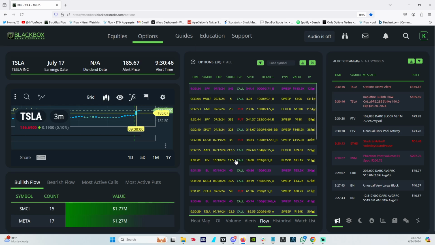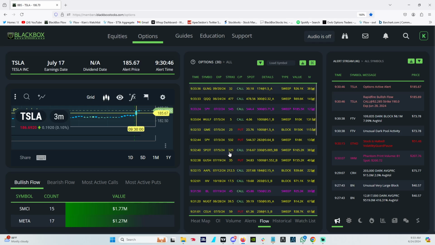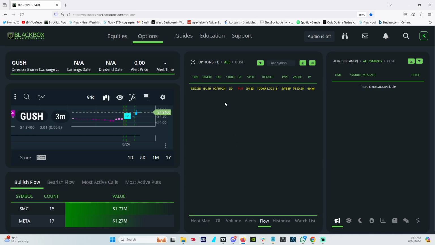So now let's see what is coming in the flow. So really, honestly, not too much yet. Actually, this one's pretty good. So this is an in the money put seller, right? So it's a 35 put, valued at 155,000 in premium at the bid. So this is a STO put. So this is a bullish strategy, right? So they're saying that this stock is going to be higher than 35 by expiration, right? But now what we're seeing is a 35 call at the bid, but now at the ask